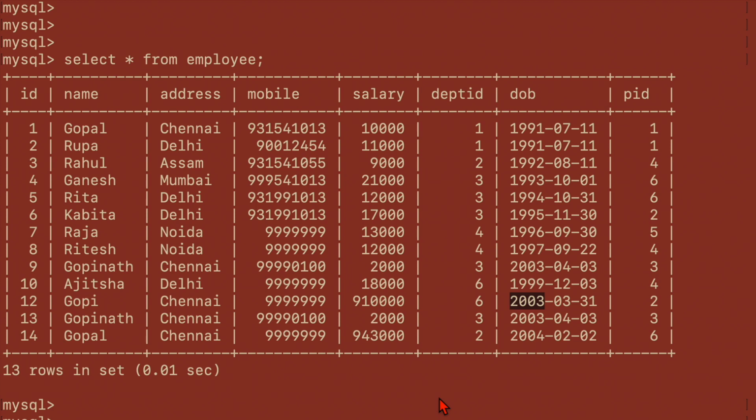So let me do one thing. Let me write a query. Select star from employee where DOB, we need to use the between. Okay, between